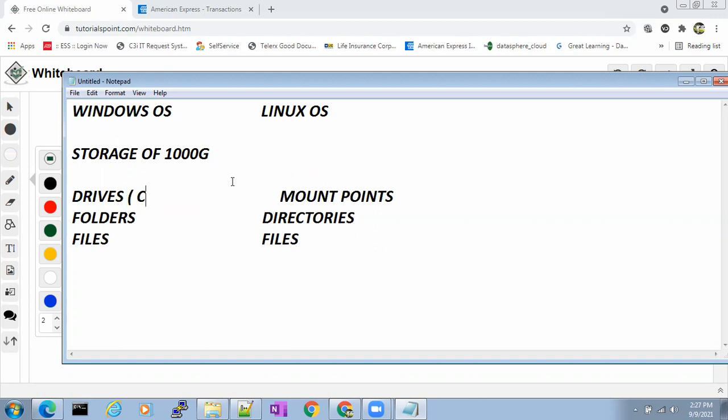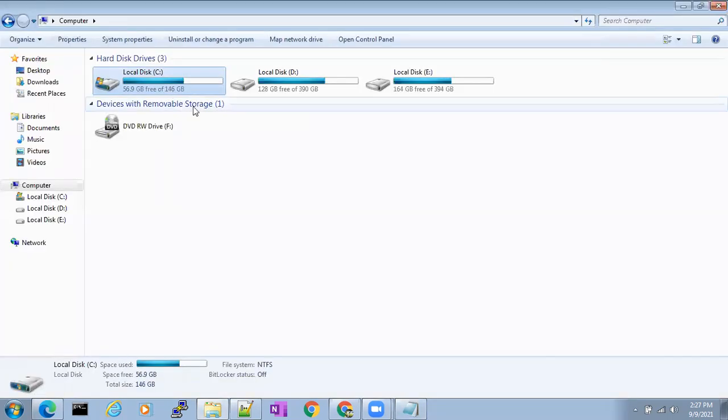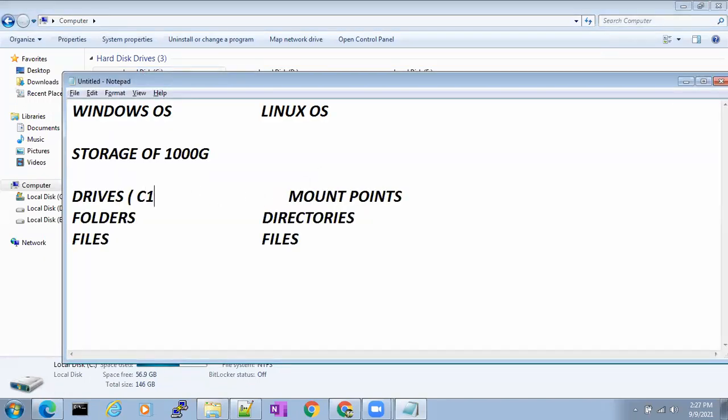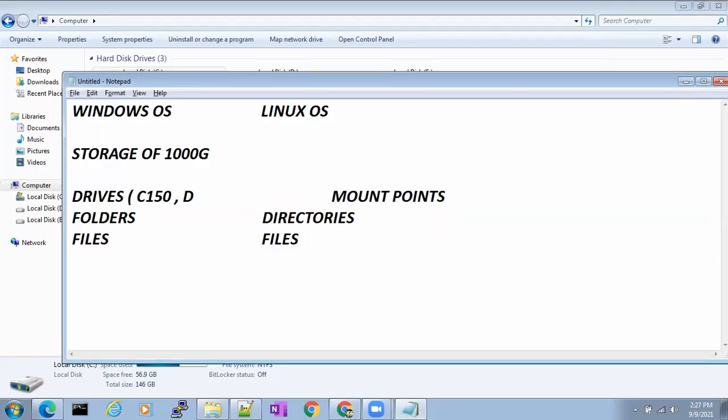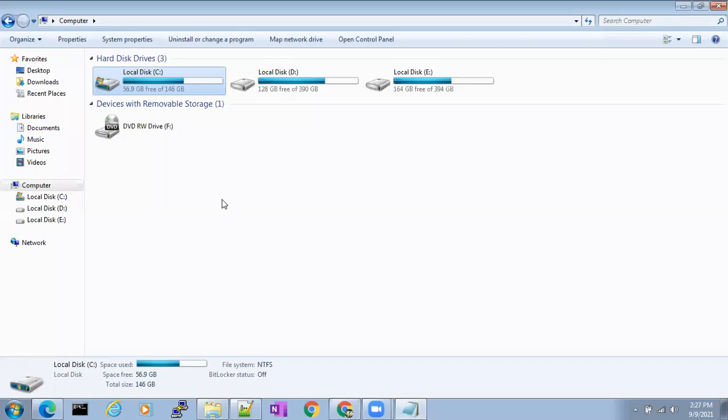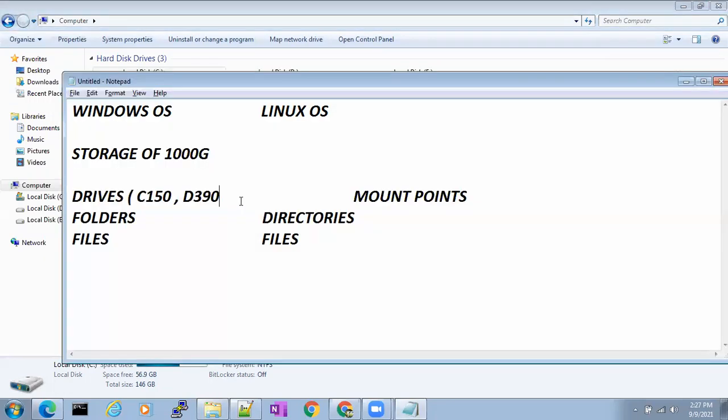C drive, I have a partition of 150 GB. D drive is 390. E drive is 350. So what am I doing? I have partitioned. This is called a partition.